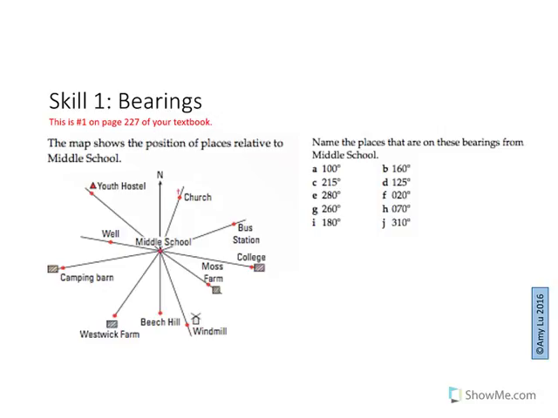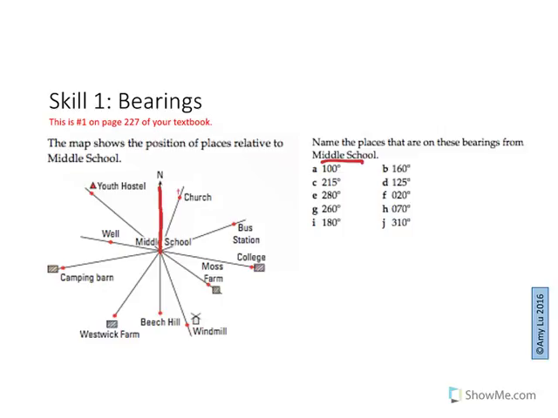Now, this example is number 1 from page 227 of your textbook. This map shows the position of places relative to the middle school. Name the places that are on these bearings from the middle school. So, keeping in mind that we always start from north, you have to figure out